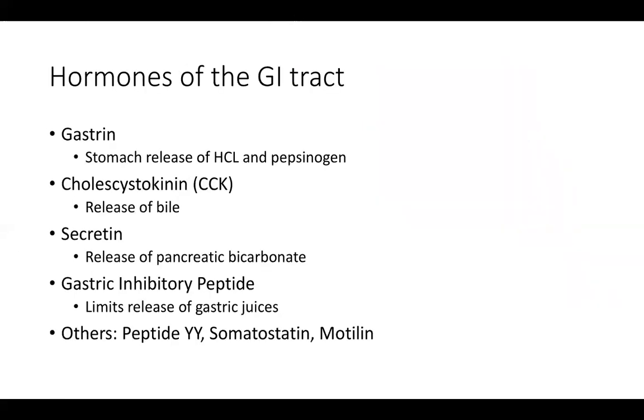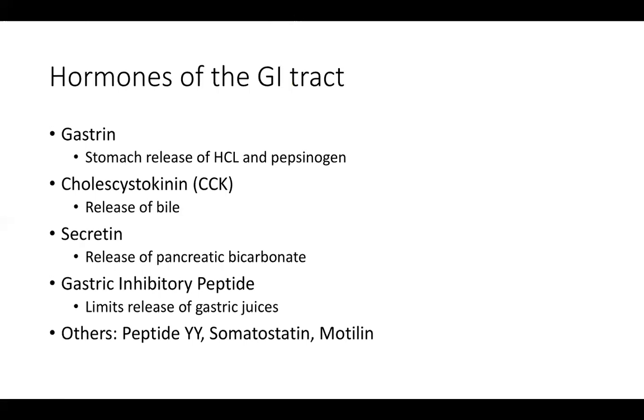Hormones of the GI tract. Okay, there are many hormones of the GI tract, and we're going to see how these are all interrelated. Gastrin. Gastrin is a hormone produced by G cells. Its release is stimulated by the stomach expanding due to food you ingest. It's also stimulated by protein and caffeine, and it can be stimulated by basic chyme. It stimulates secretion of gastric juice, which is hydrochloric acid, mucus, and pepsinogen, which remember is the inactive enzyme that